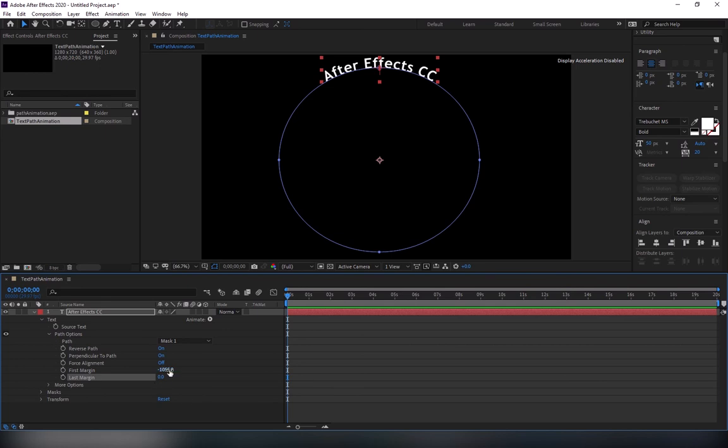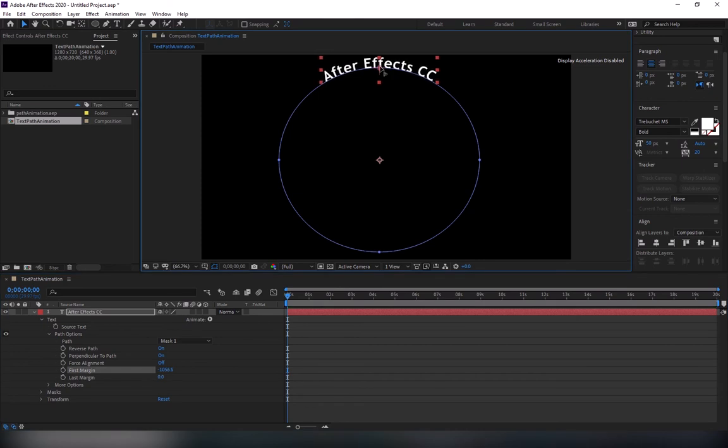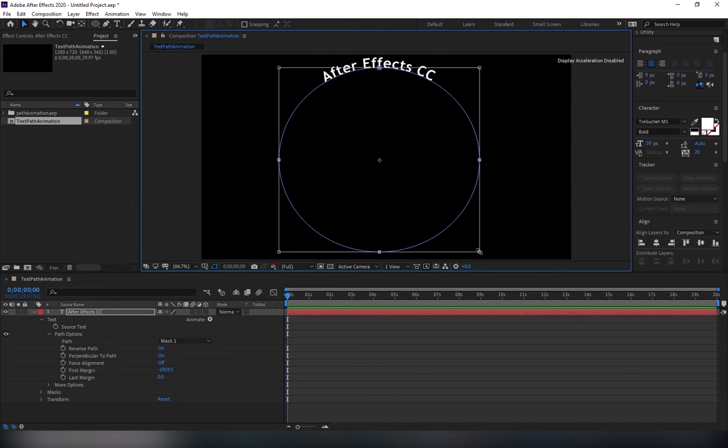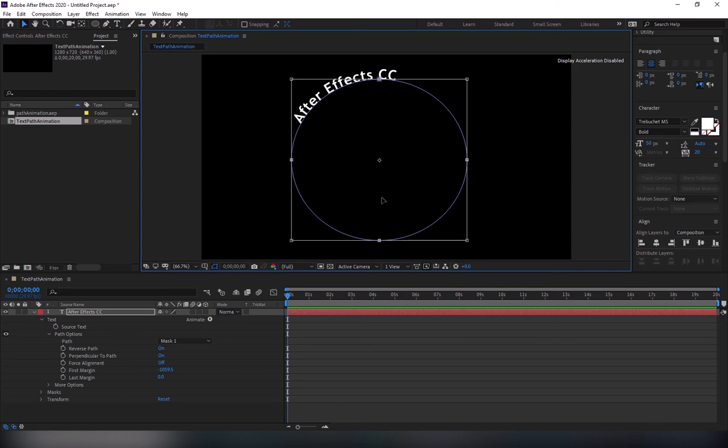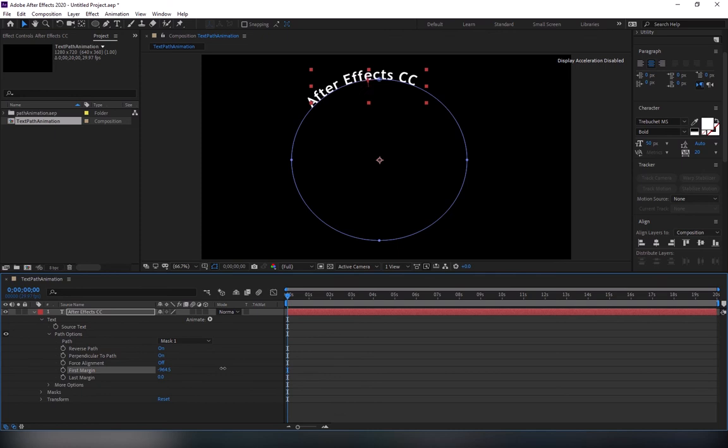So for this case, I have my shape or my text positioned here, which is more or less what I want. I'm gonna double click the path. I'm gonna scale it a little bit down, so when it moves, it's not gonna go outside my composition borders. And now I will again go here and make it centered like that, and then I'm gonna create the animation. Simply turn on the stopwatch,